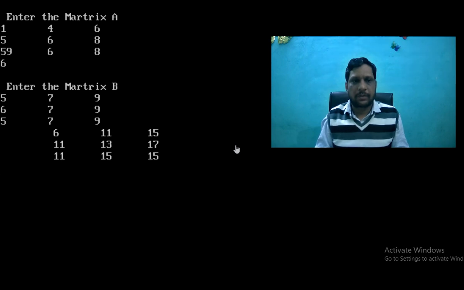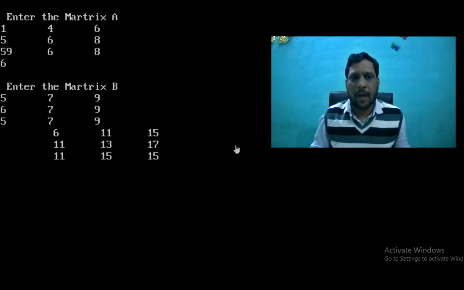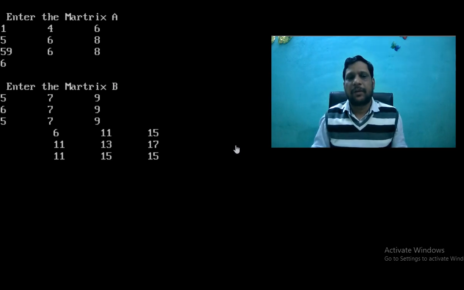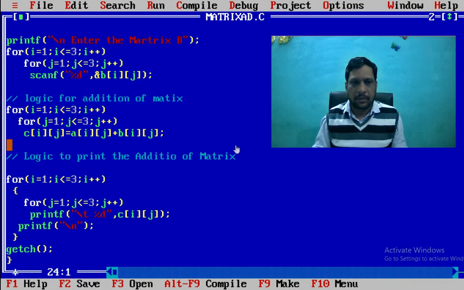So now look at this. When we see the addition, all the variables are added. We will again execute the program. We will make some changes there in the program and we will execute again. Now look at this. Here I will write in the